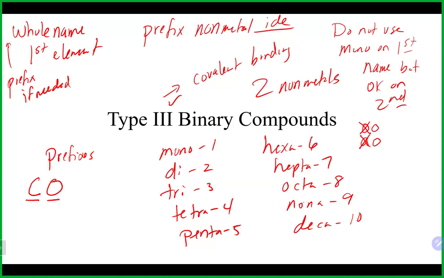All we have to do is pick the right prefix. So one carbon is mono, but since that is the first name, we don't use mono. So we just use carbon. No mono on the first name. We have one oxygen here, which means we can use mono as our prefix on the second name. And this would be mono, and then the oxygen gets the IDE treatment,